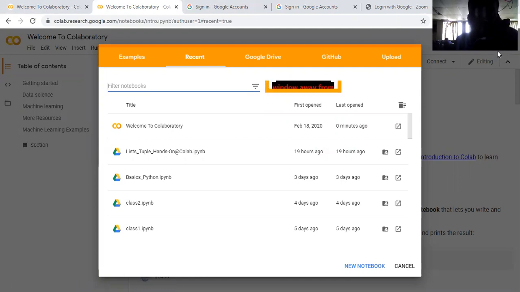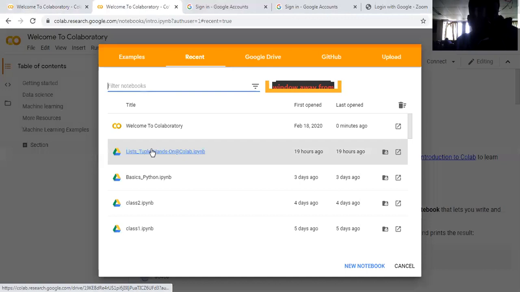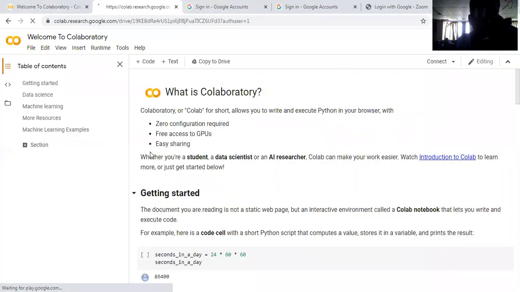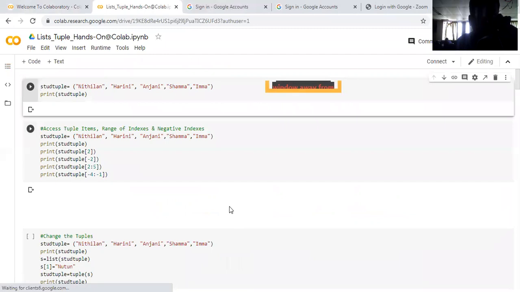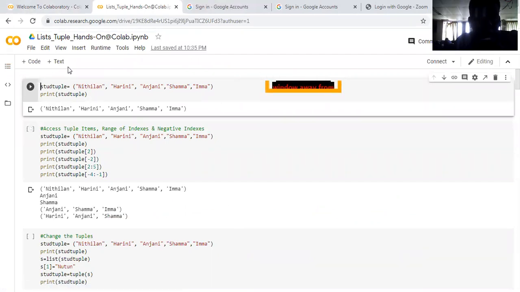As you are very new to the notebook, if you are going to create any exercises, click on new notebook. For now, I have already done a set of statements. So this is the hands-on session I am doing. So I will click that particular thing. As you are new, you have to go with the new notebook. Once that is opened, for each and everything you have to type in the code segment. You will be having two segments: one is code, the other one is text.